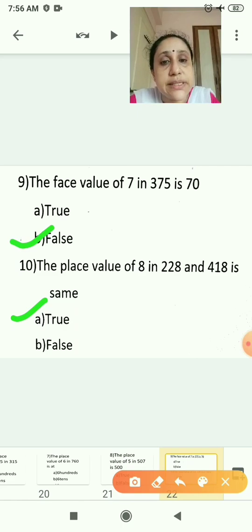Whatever the number is, it will be same in face value, and in place value it will change. You have to remember hundreds, tens, ones. You will read the numbers loudly so that you can give the correct answer in hundreds, tens, ones.